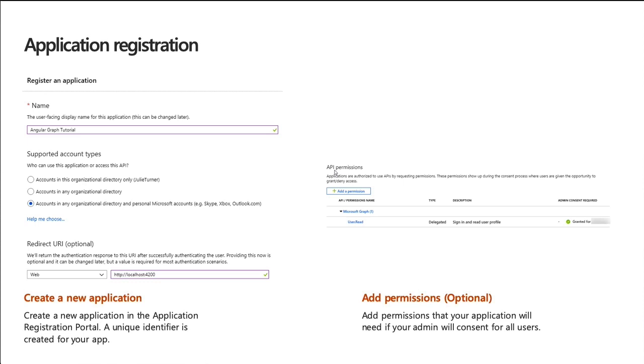So you're going to create a new application in the app registration section of the Azure AD portal. And then that's going to give you a unique ID for your application. And then you can optionally add any permissions to your application. Now, this is optional because this is defined as a static consent model, but you can add in a dynamic consent model where you define the permissions or you request the permissions once the application has been